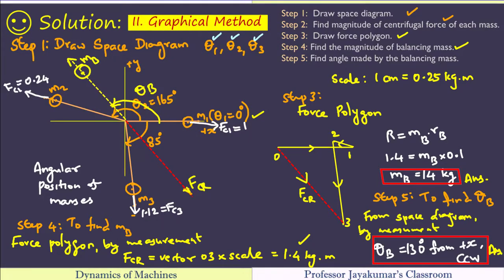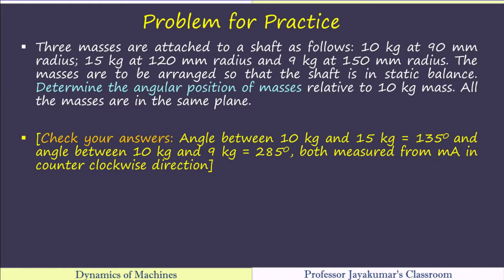There you are. So we have got the values of mb and theta b. That's it. We have determined the balancing mass and its location by graphical method. You can very well compare these two answers with that of the analytical method. You can find both are almost similar or the same. The error may be due to some graphical construction method. Okay, I have given here a problem for practice which you can try at your home and check the answer